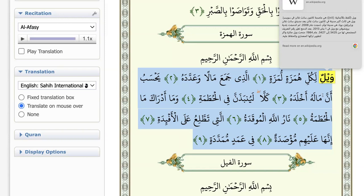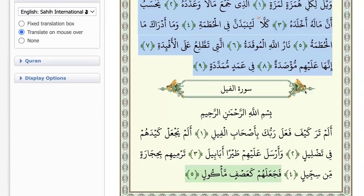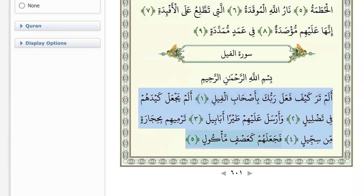Now there is a word akhlada. Akhlada is not Mahmuz, right? This Hamzatul Qata is the Hamzatul Qata of the family, right? It is a Hamzatul Qata of the family four, right? It's not that Hamza. Do you see here in Suratul Fil, the whole surah now, any Mahmuz, any Mahmuzul